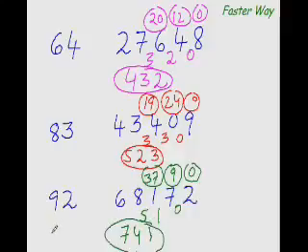Now do you see the difference between this faster way and the usual way? With this faster way, we have managed to do 3 questions on one page, and with the usual way, we could not even do one question on one page, isn't it? We ran out of space. And not only we did it in less space, but we did it in less time and with so much ease. Why? Because all the time we were taking single digits as the main divisor. There lies the difference. And you always thought that division was difficult.